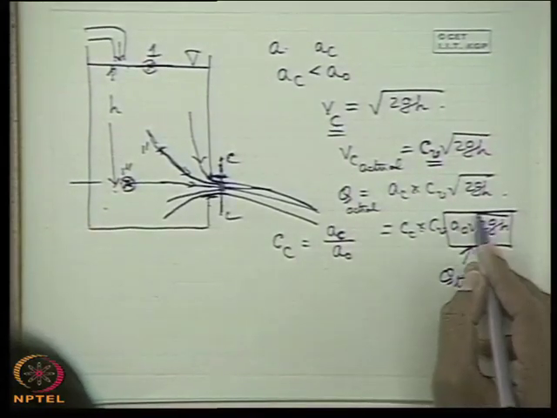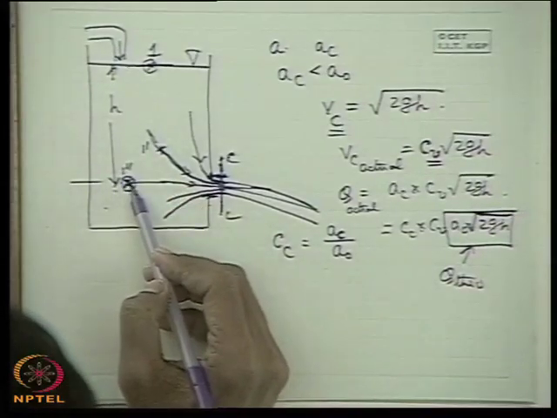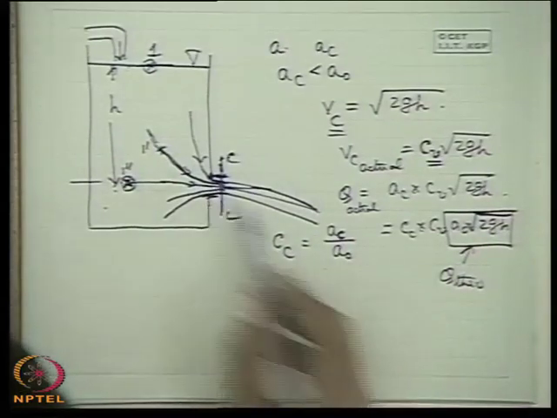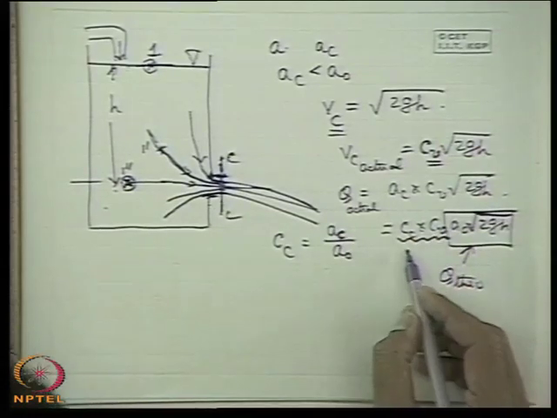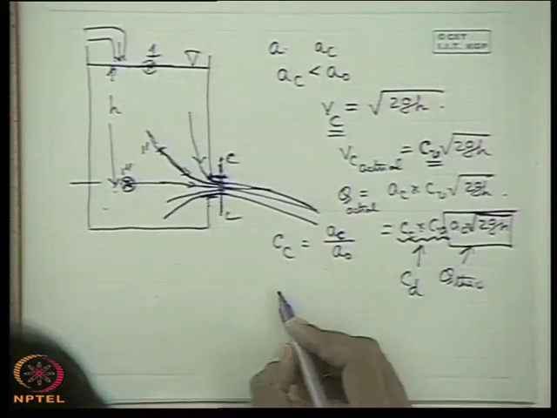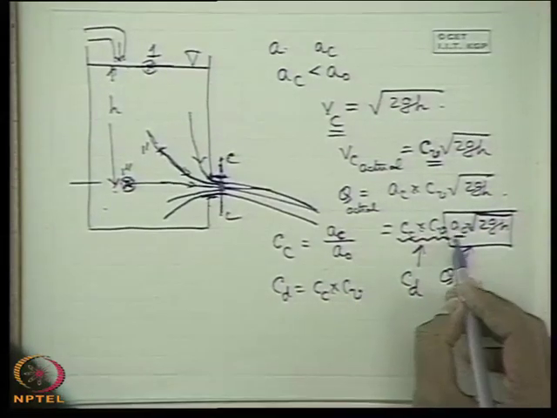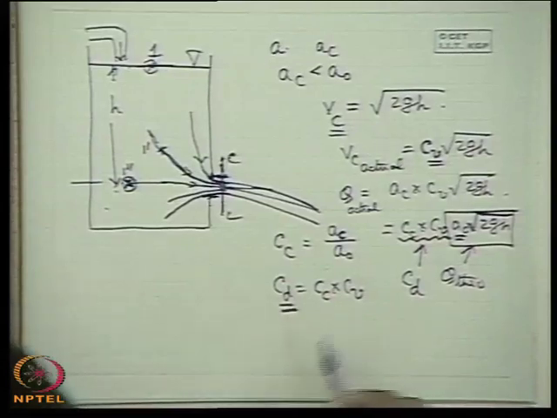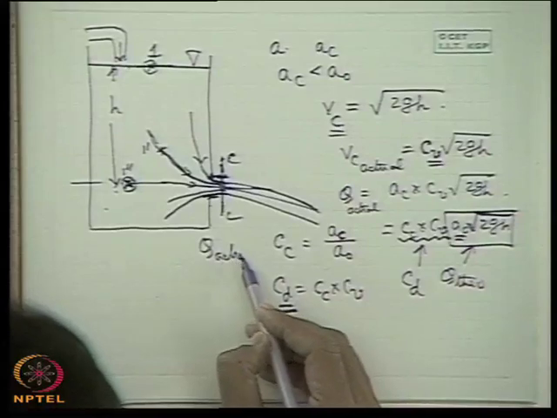That means if there was no friction in the fluid, so that the total potential head or pressure head at this point is converted into kinetic head, and if there was no contraction of the streamlines, then this could have been the theoretical discharge. This is multiplied by Cc into Cv, the coefficient of contraction and coefficient of velocity, and combined this is known as the coefficient of discharge. That means the theoretical discharge, as defined by the orifice area multiplied by root over 2gh, should be multiplied by a factor which is less than 1 to account for the actual discharge. This we discussed in the last class.